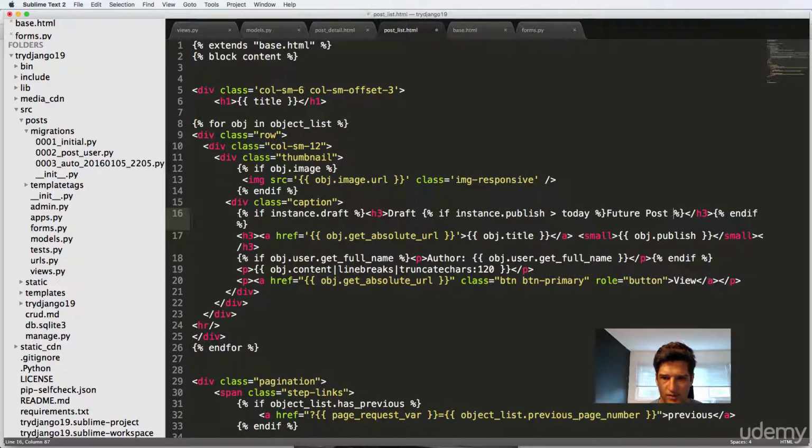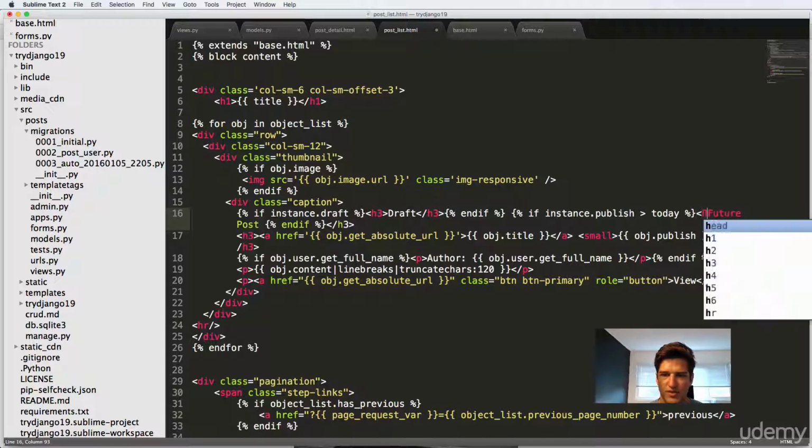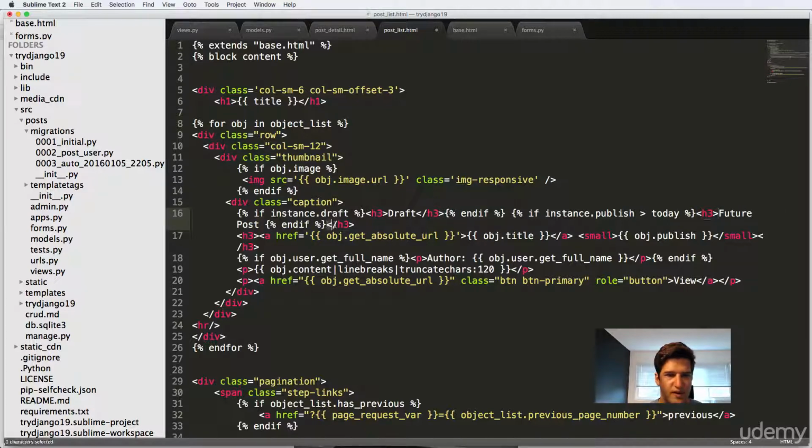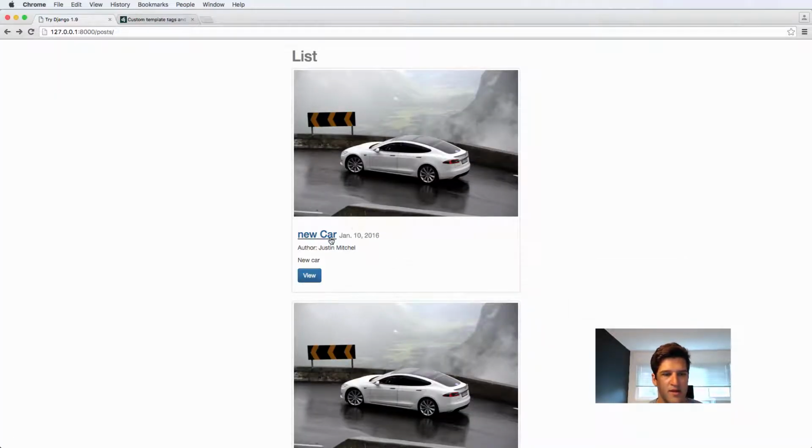And we'll put an endif here. So I'm going to put this in the draft, keep that as an H3 inside, and then put the future post as H3 as well. So just a few headers, just so when we're looking at this list, we see that it's going to be